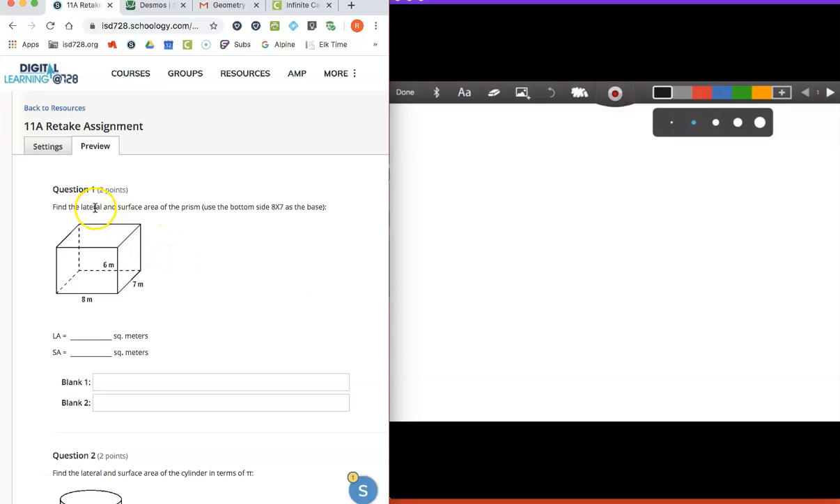First question says find the lateral and surface area of the prism. Since I asked for lateral area on a rectangular prism like this, you can use anything as a base. The directions said use the bottom as one of the bases, so this is a base and this is a base, these 8 by 7s. All right, so anyways, we got a prism. With prisms, we have LA equal to perimeter times h, and we have SA equal to LA plus 2B,